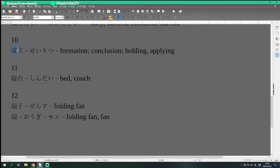Sei on the left side is to complete, and ritsu on the right side is to stand up. So it's kind of a completion to standing it up, like standing up a finished piece of something. So seiritsu is the formation, the completion and standing up of something, a conclusion, kind of finishing it, and then ritsu, standing it up, or holding and applying something. Seiritsu is formation